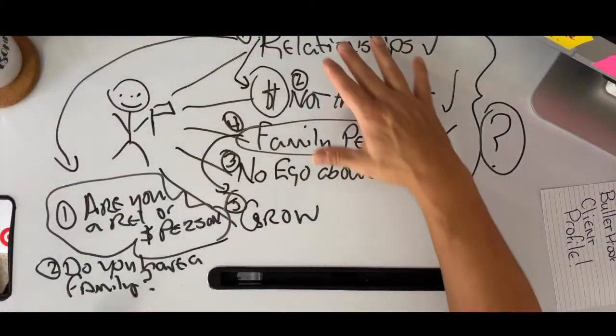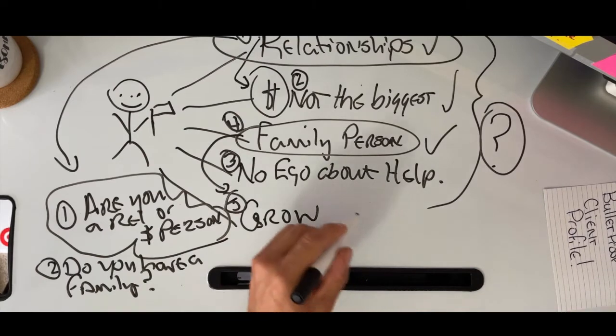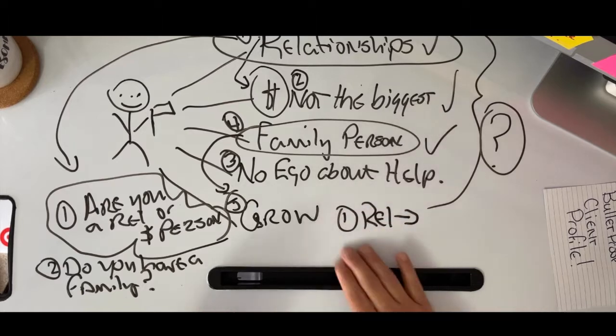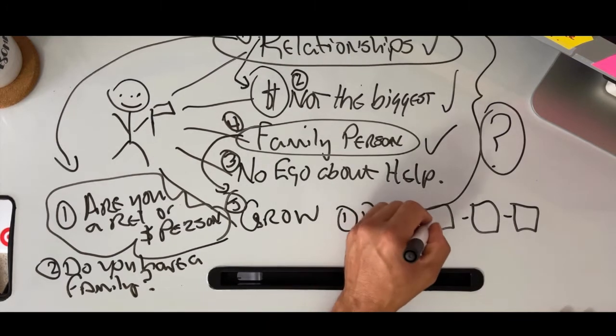So if we don't follow up with precision, if we don't follow up with the right message delivered to the right person, we lose. What I mean by that is if you go back and look at your client profile and you say, okay, relationships is number one. And if you identify with this customer that, yes, my number one thing is relationships, then your follow-up process, when you start following up with this customer, becomes all about relationships, right? So you can send an article,